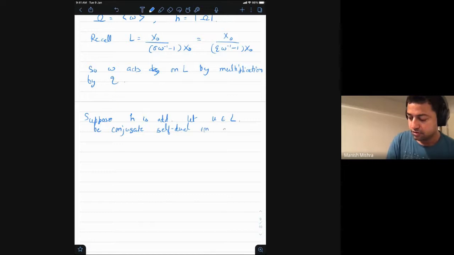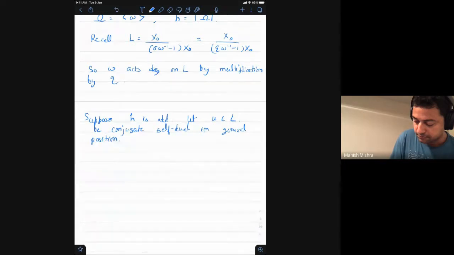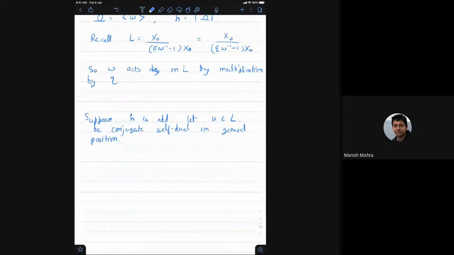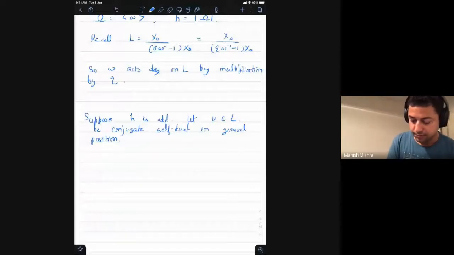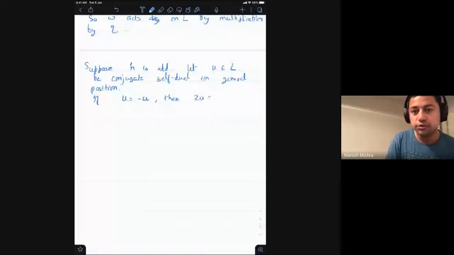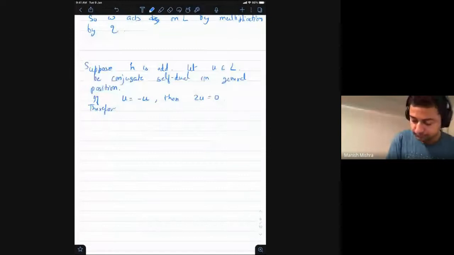In general position, we do some cases. Suppose 2u is equal to 0. Therefore,